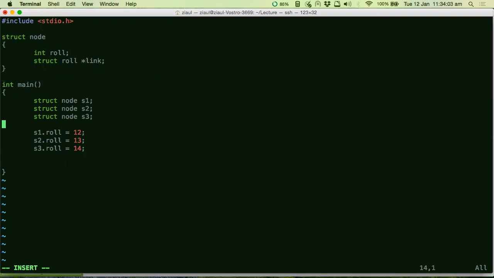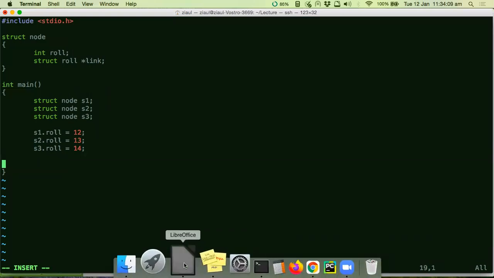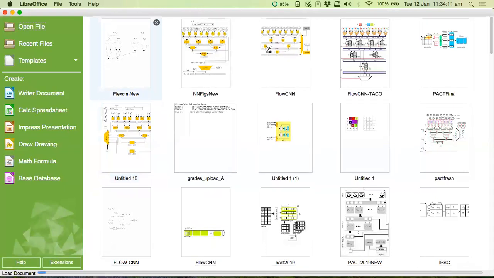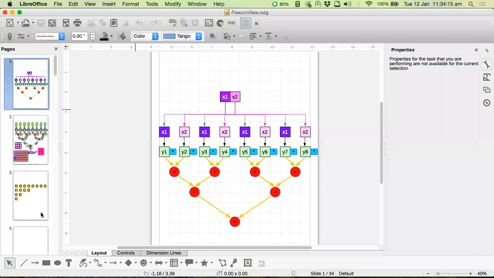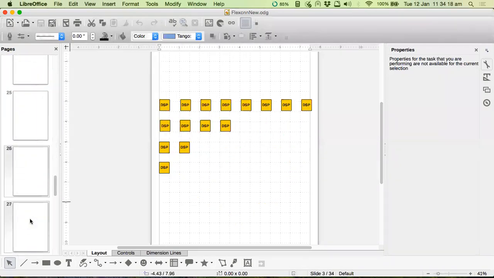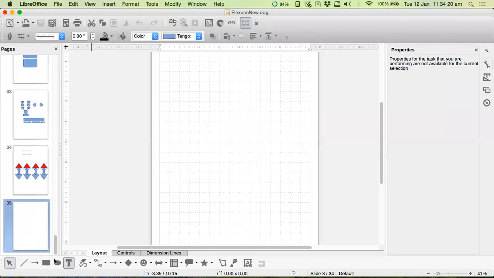I will be explaining what a linked list is through this example. So it's something like this: you have a node here, right?